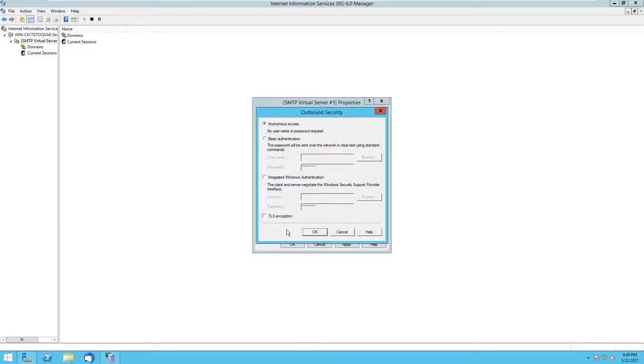Then outbound security, basic authentication. You have to add your email ID, Yahoo email ID. In my case, I am adding my Yahoo email ID, and you have to write the password. This is not the password that you actually use while you sign in to yahoo.com. Right now most email servers provide a third party application password that you have to find from the Yahoo app, and you have to enter that